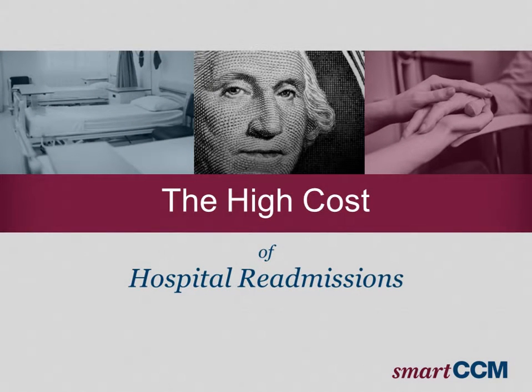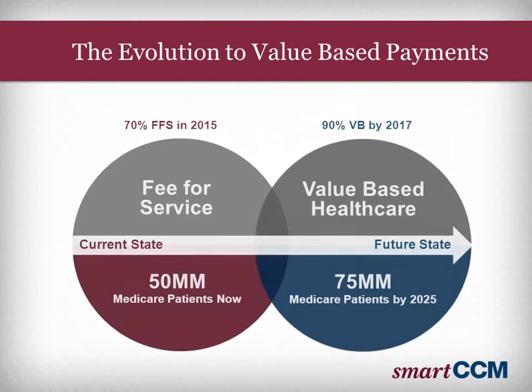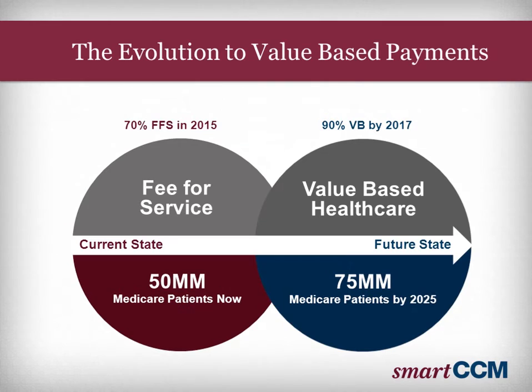The high cost of hospital readmissions. As the payer reimbursement model moves away from pay-per-service to value-based care, chronic care professionals and CFOs are seeing a revision of their priorities. The Center for Medicare and Medicaid Services has announced that by 2017, 90% of all Medicare payments will be value-based,